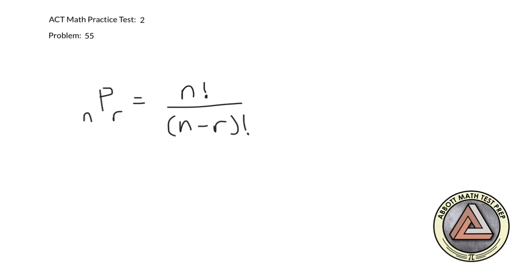So problem number 55 is asking for the expression that would describe this scenario. And then you would just fill in the cast of characters into the expression. So this would become 15 factorial all over, looks like it would be, 15 minus 5